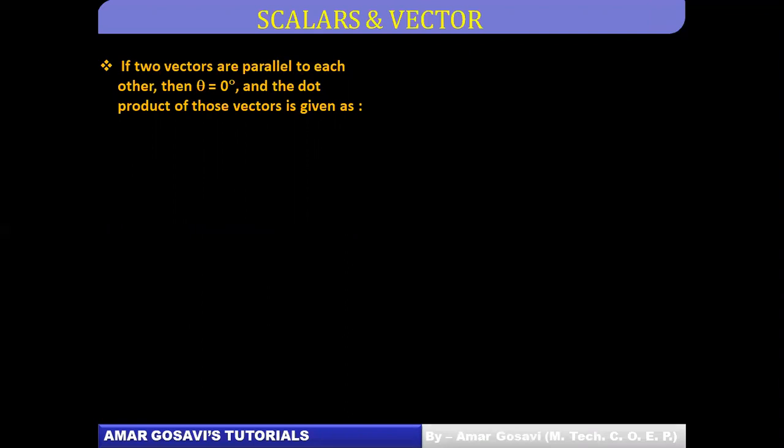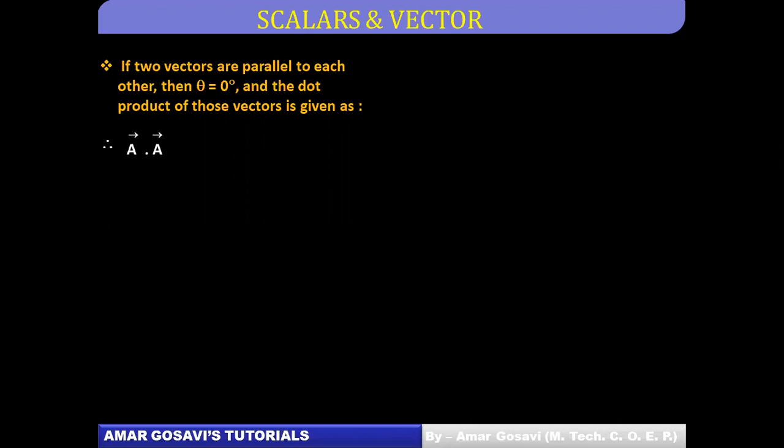Then in that case, the dot product, or scalar product, of the two vectors will be given as follows. Try and understand this analysis, very, very important, friends. As per our definition, when can the two vectors be parallel? When the vector is being multiplied with itself. So if a bar is multiplied with a bar, then we can say they are parallel and the angle between them is zero because they coincide.